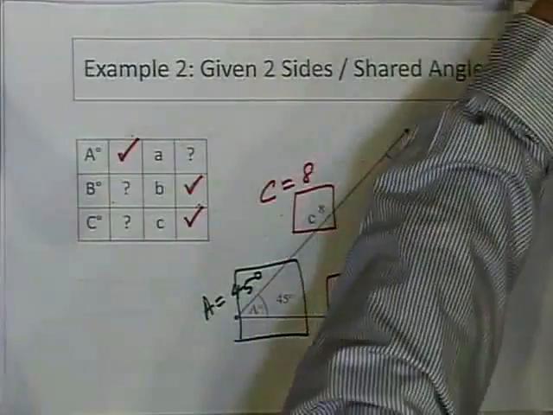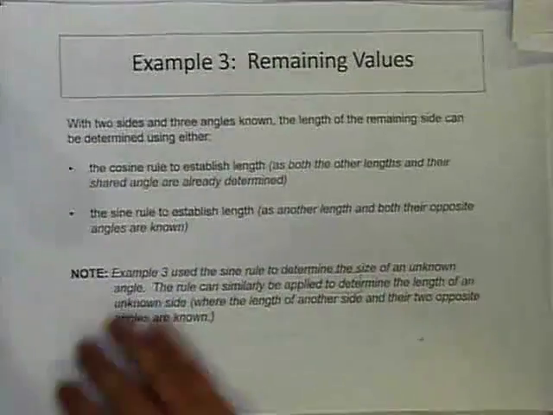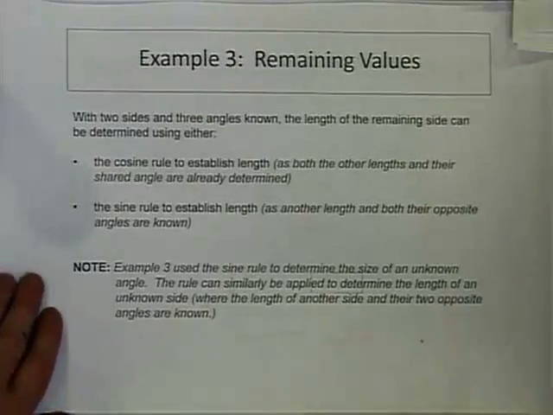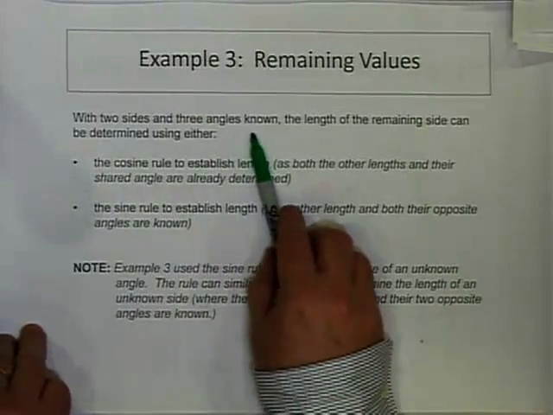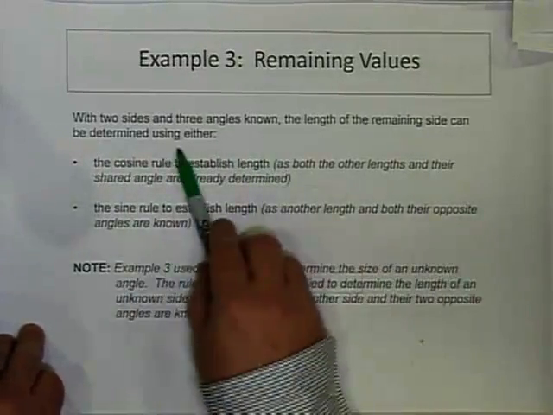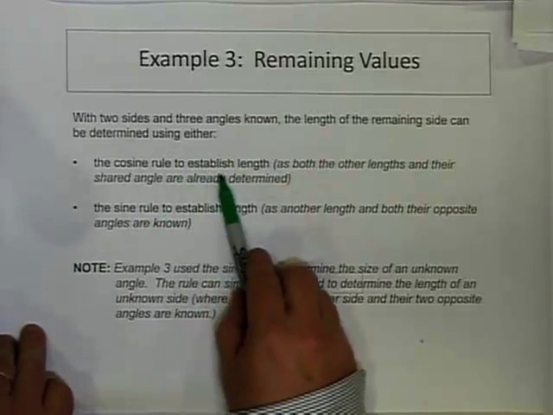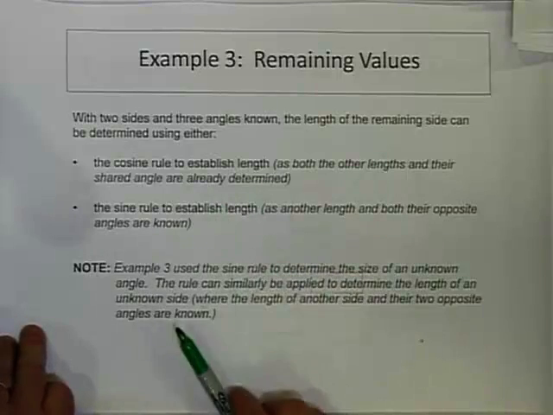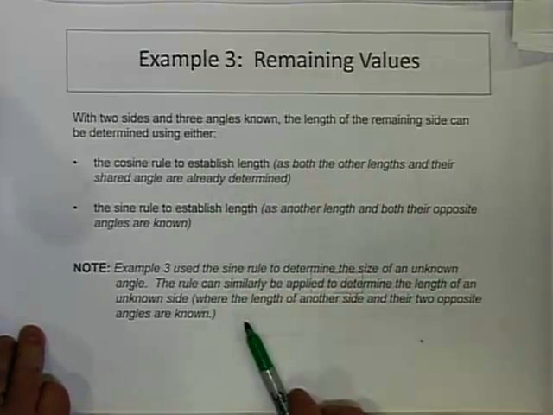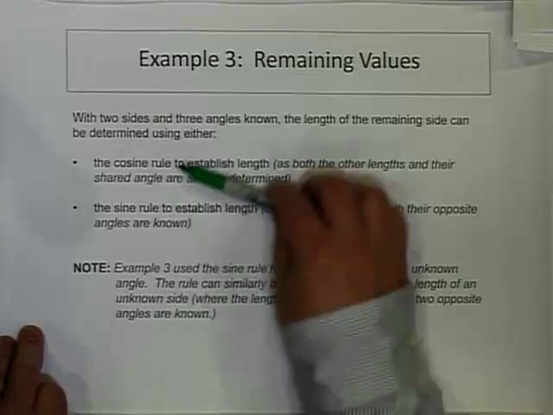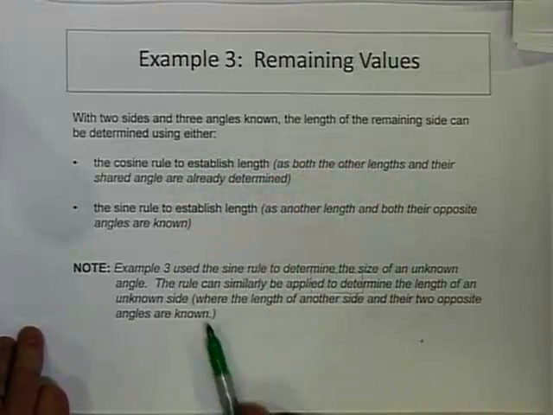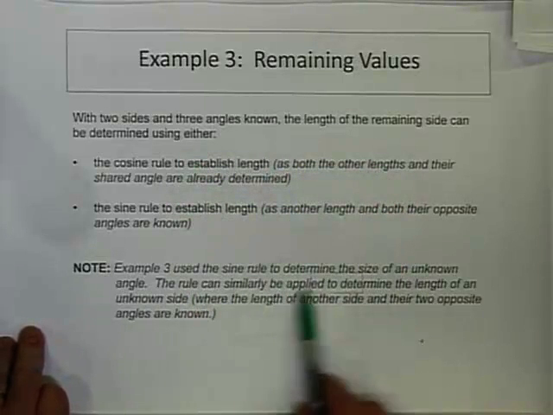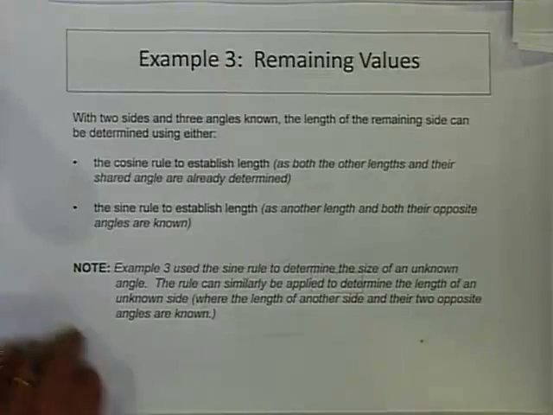So the last page basically says that as you go round the block on these things, if you've got 2 sides and 3 angles known, you can find the rest by either the cosine rule, using either the lengths or the shared angle, or the sine rule the other way around, and they were all the examples we used. Example 3 used the sine rule to determine the size of an unknown angle,